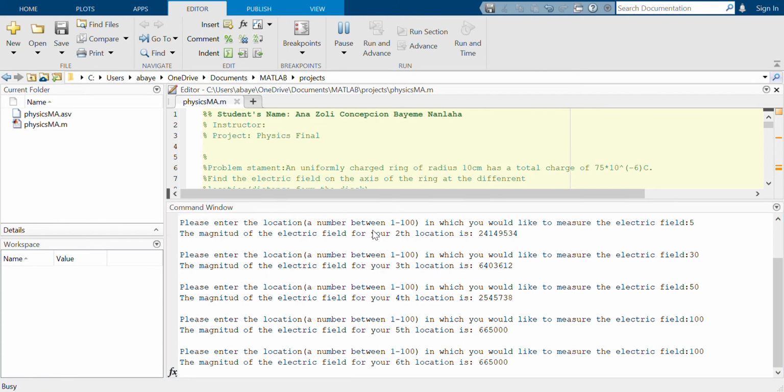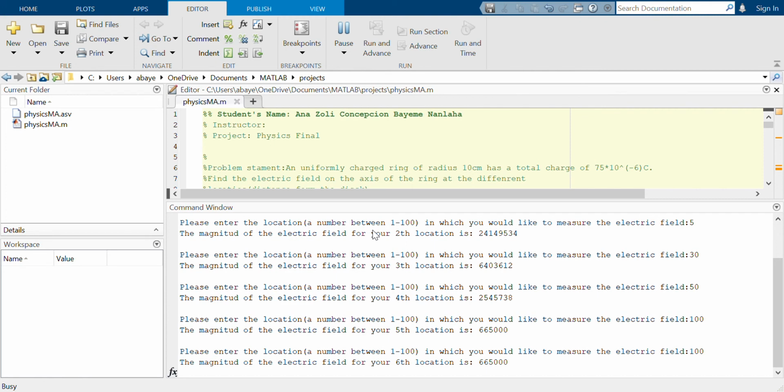And this is what we have. This graph is what came out. Okay, this graph right here, we can learn a lot from. We can learn how the distance is related to the magnitude of the electric field. In other words, how the distance from the source of the electric field affects the magnitude of the electric field